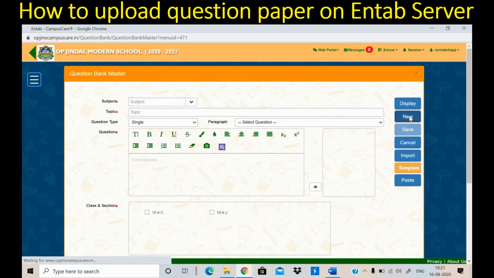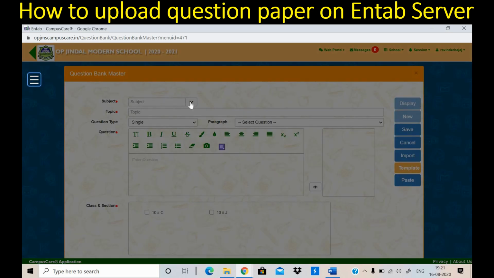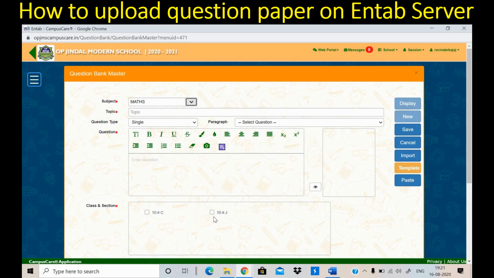Here you click on the new button for a new question. Select class, subject first. Then class is obviously 10J. I'm making a question paper for 10J, and topic is unseen passage.